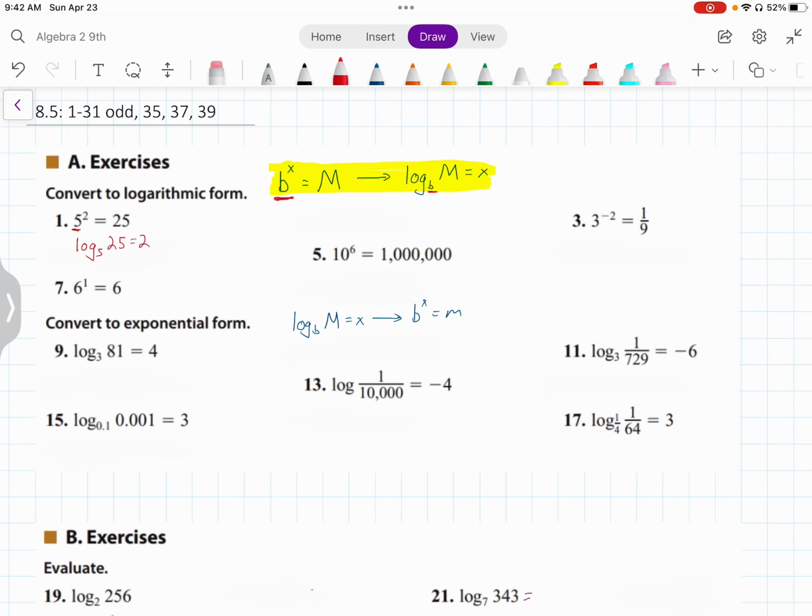Number 3, you have a negative exponent, and that's okay. It's still the same concept, so it's going to be log, the base of the exponent is the base of the logarithm, so log base 3 of 1/9 equals negative 2. Number 5, log base 10 of 1,000,000